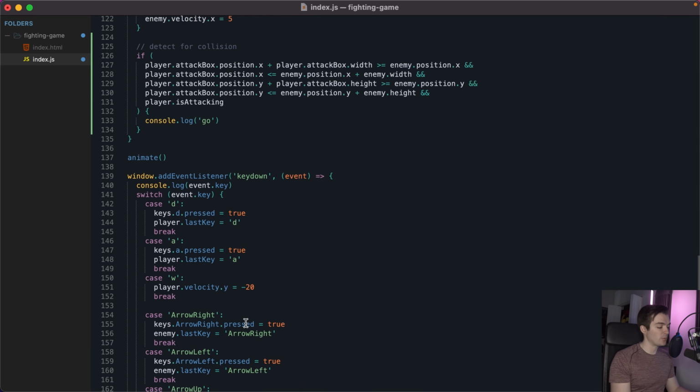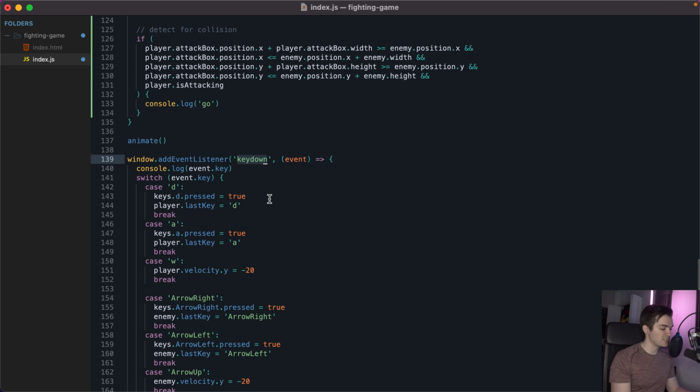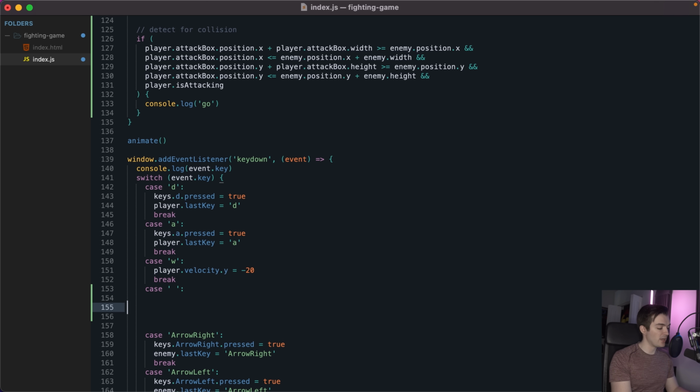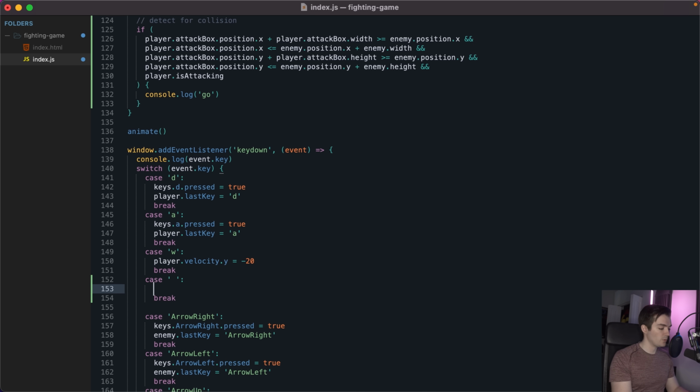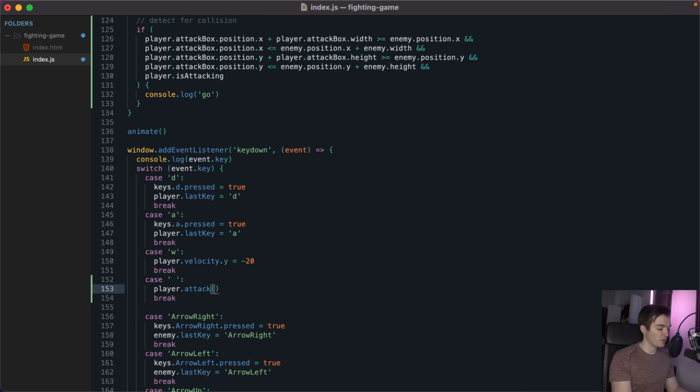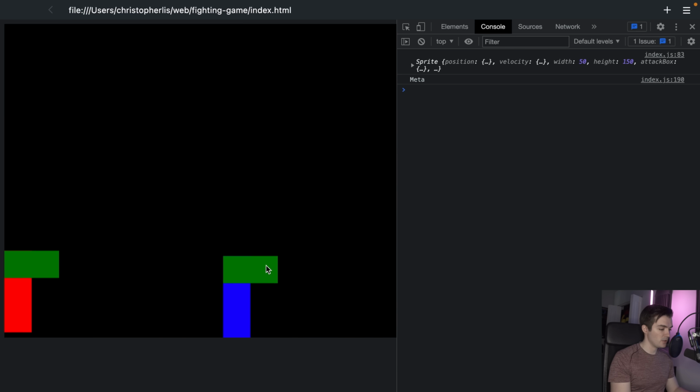We're actually going to do that within our event listener down below, where we're listening for key down. So if our event key for our player, which are these cases right here, has a case of space, we're just going to include an empty space right here for our case, which just means we press down on the space bar. What do we want to do when we press down on space? Well, we want to say that our player is going to attack whenever we press down on the space bar. So if I save this, and go back to our game, and I walk